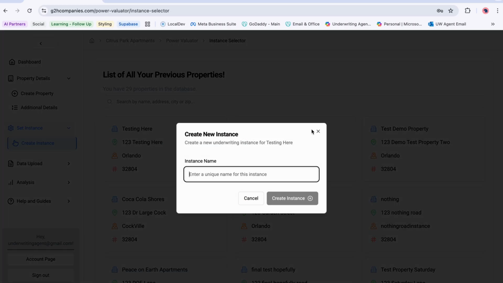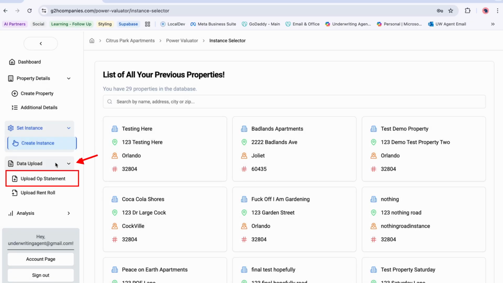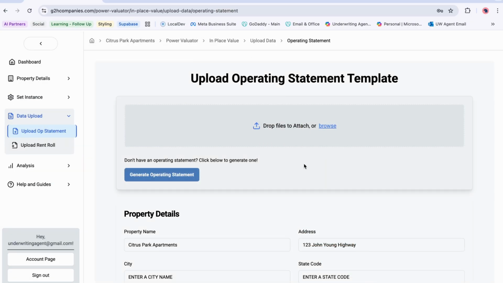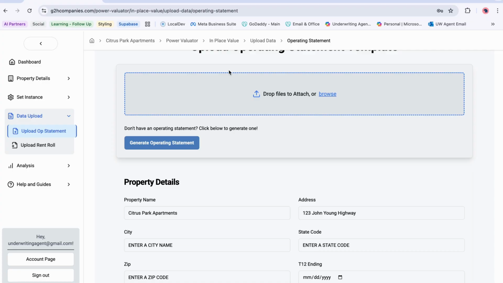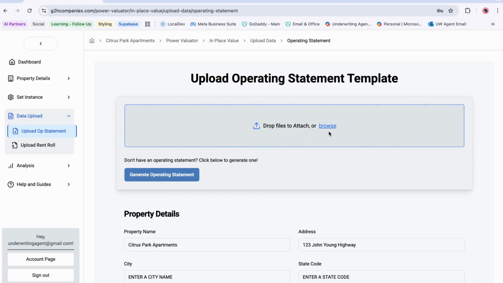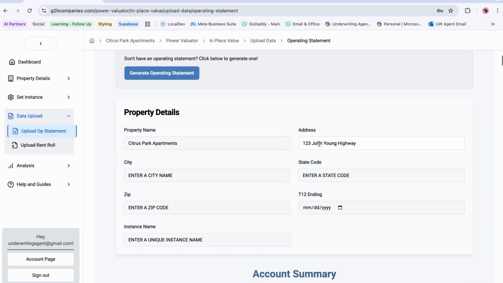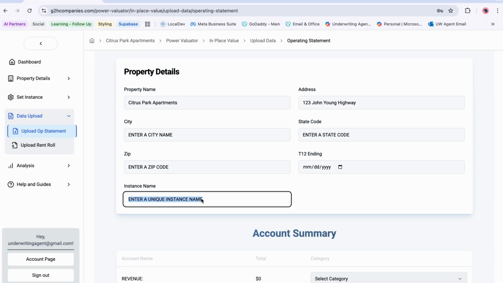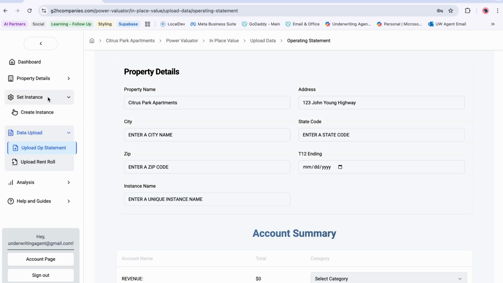And once you add an instance, it will push you right here to this upload operating statement. You'll drop in your T12 right here, and I'll just actually go ahead and do that. So then you just go ahead and drop in the operating statement. I went ahead and did that already. So you'd want to definitely enter in a unique instance name. So now if you were here and you created an instance, this will already be filled in for you. So you want to do your T12 entity date, your instance date, and then you'll come down here and the